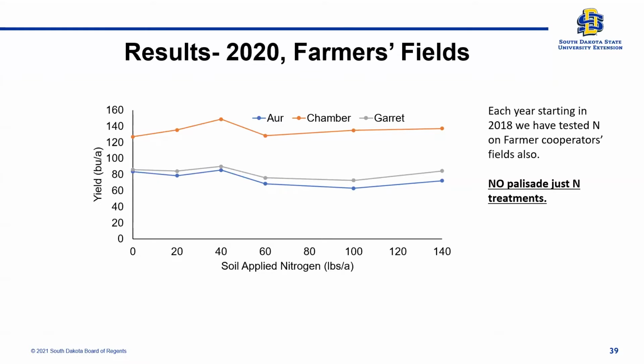And here is 2020, at different cooperators' fields where we didn't have any Palisade, just the N treatments we had. And you have Chamberlain, the gray ones are Garrettson, and the blue one is Aurora. But in all cases, we didn't see anything we usually see for a typical nitrogen graph or nitrogen trial. So this is soil applied. It's not total. So you have zeros as the checks, producing about 80 bushel, and then they're not really increasing